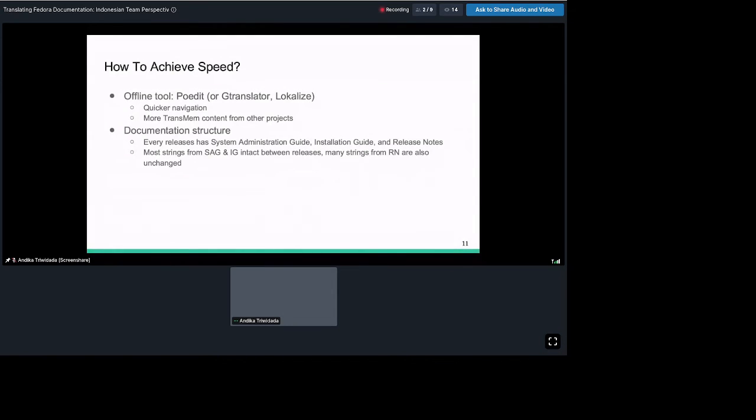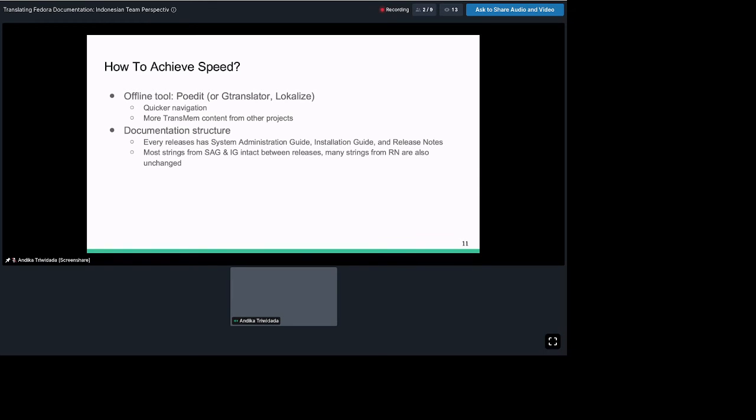So if you copy between releases, you can complete the new version of the system administration guide, installation guide, and release notes very quickly.